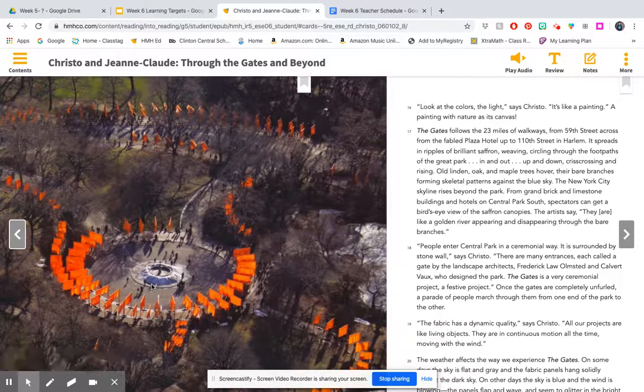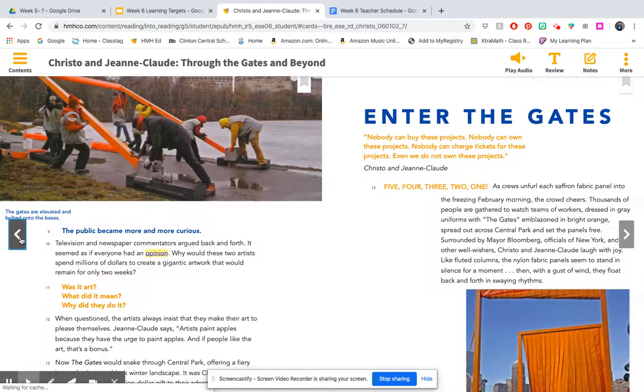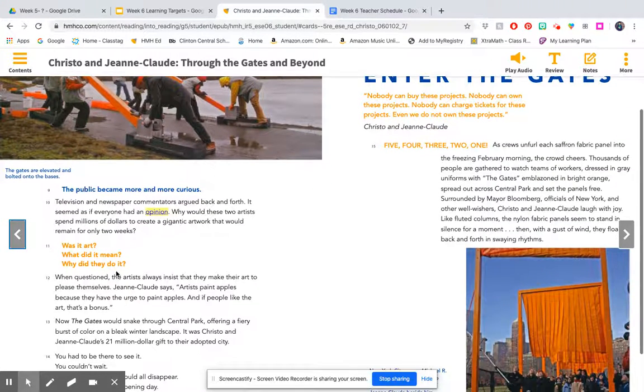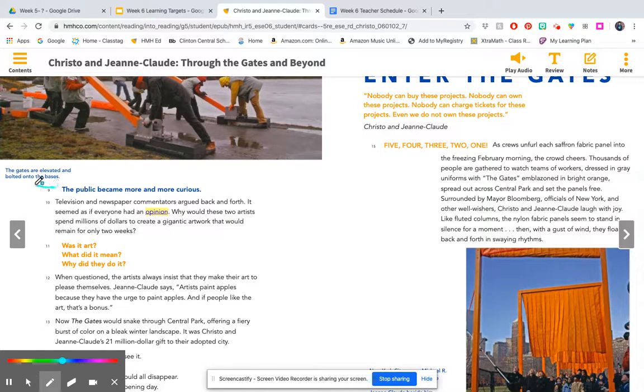So make sure you've taken your last note. This is the last page we're going to read for today. Your job now is to answer the question that's on Google Classroom. It's going to ask you to look at sections or paragraphs 9 through 13. So this section right there, and tell me what is the main idea or the central idea, what the text is mostly about, and give me 2 examples from the text in your writing.